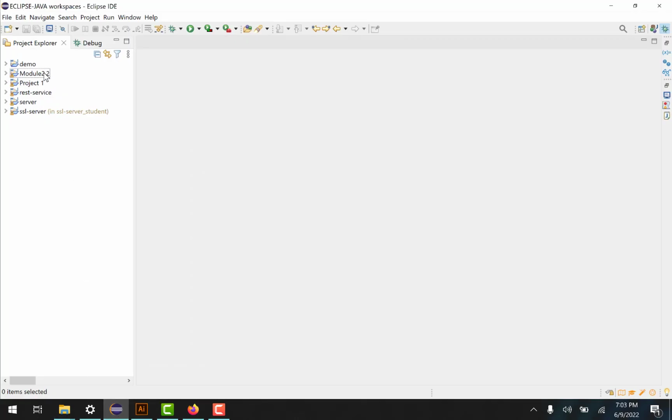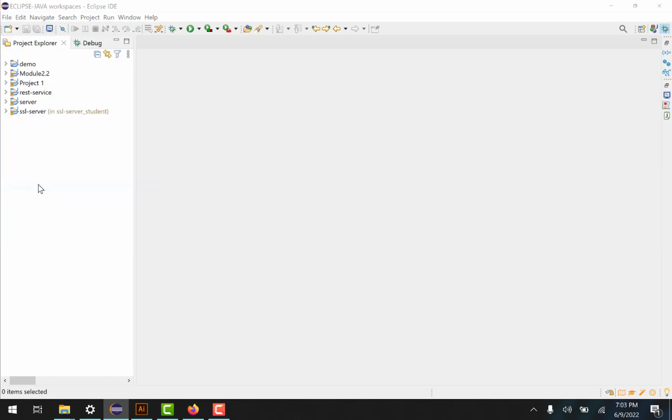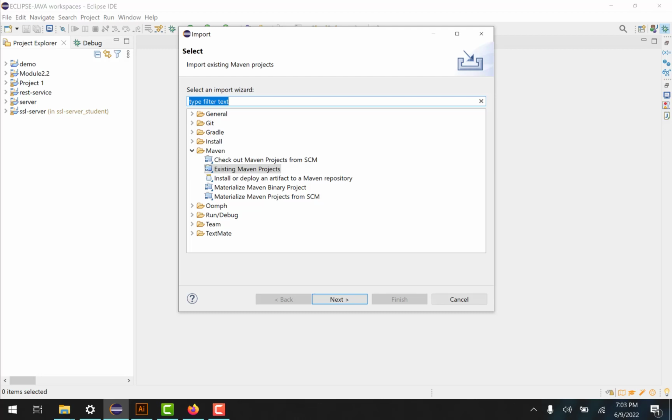All right, so now in Eclipse, you should have opened up a new workspace, or whatever workspace you're working in. And over here in the Project Explorer panel, or up in File, either one will work, go to Import. And then from Import,